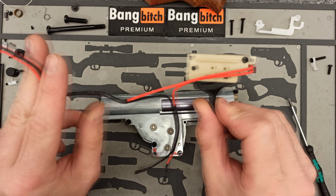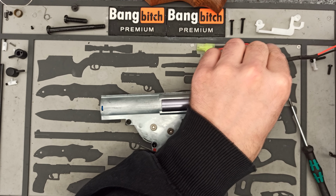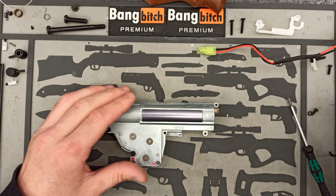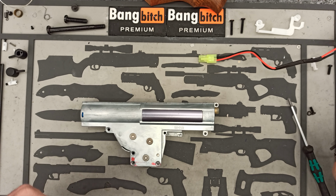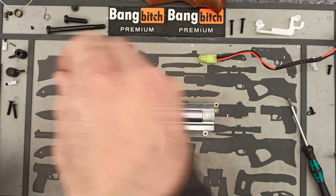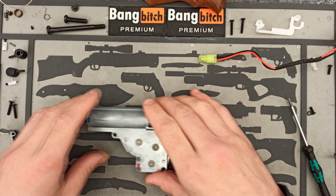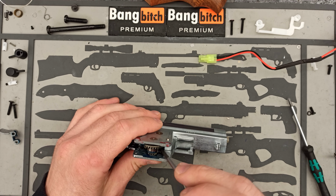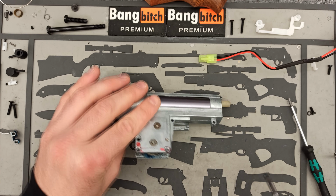It's crucial to get these wire holders back in place, because it's quite hard to reassemble the gun with the wires not in the perfect position, and it can cause feeding issues. So there are some little parts here. I'm not quite sure why they did this, but you can see a lot of gears then, and it's easy